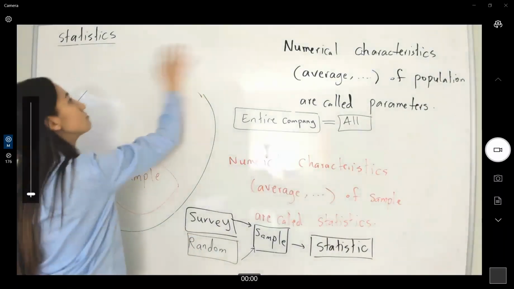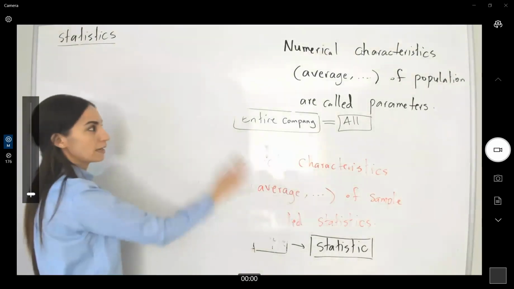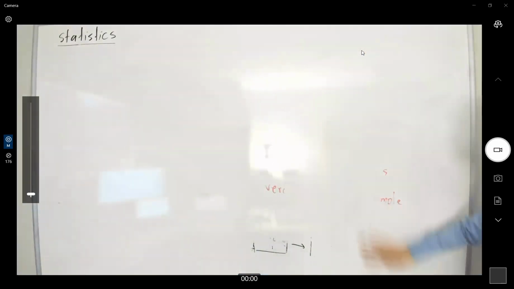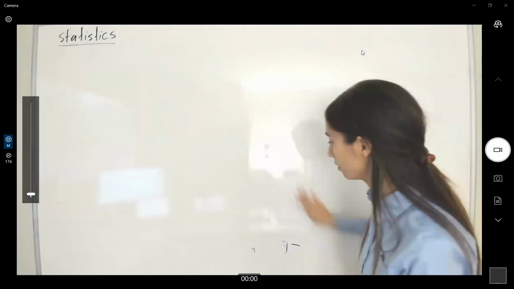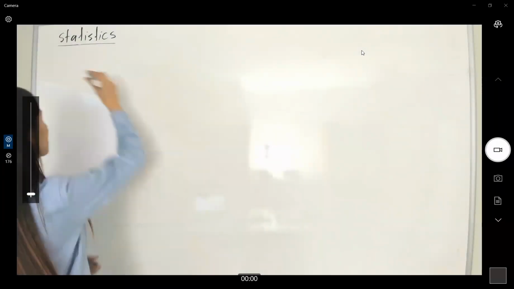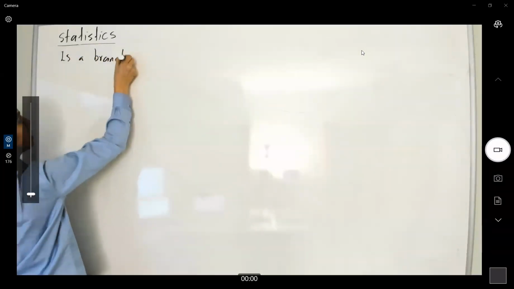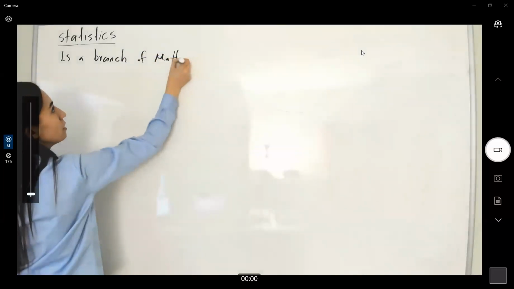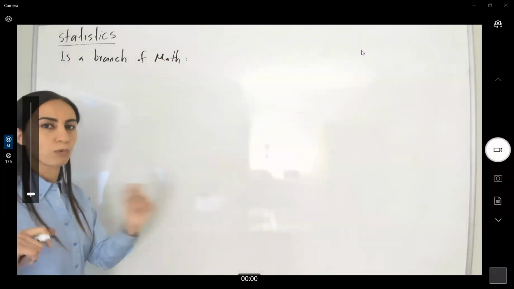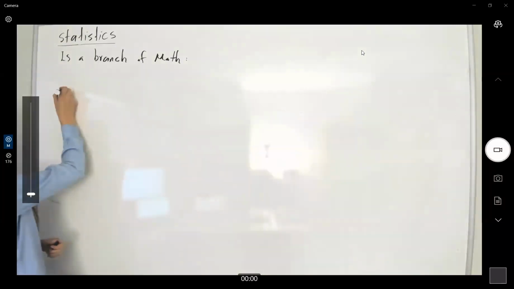Very well. So remember how to define statistics. We said statistics is a branch of math. Well, of course it's a branch of math. It deals with numbers, formulas. But it includes some steps. In step one, you always start by asking a question. What is the average SAT score of the Yale College students? We collect the data.